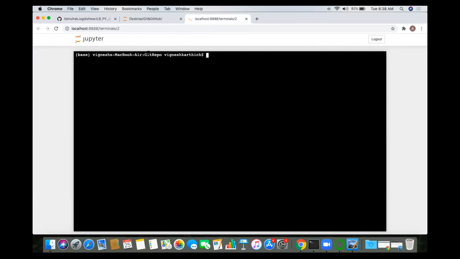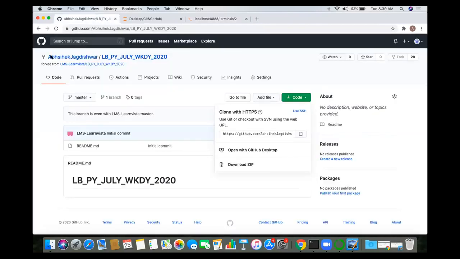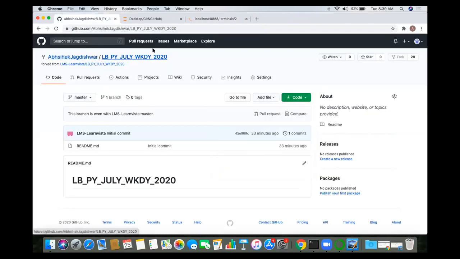Now I hope you are in this location. I have navigated myself to the Git repo. I'm in this location, and here I'll be cloning this, so you first go to your repository, make sure it is showing your username, okay, and then the repository name. Or one more thing you can check, in the URL box, first it should show your username, and then it should show the repository name.